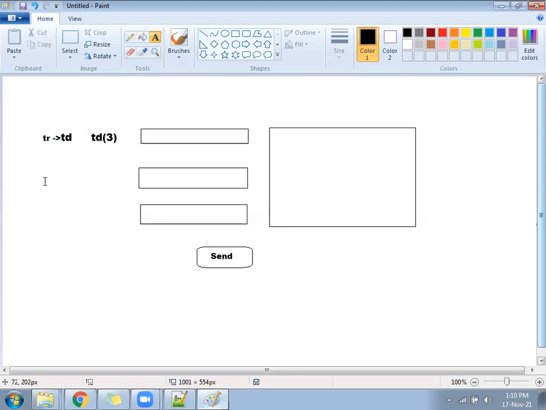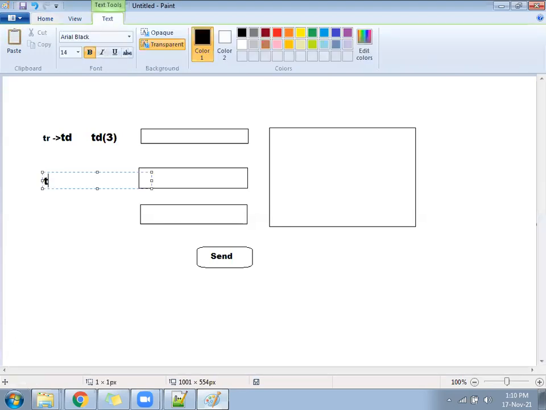Now coming to the second TR. In the second TR, how many TD? Only one TD, because the space of the second TD is already occupied by whom? First TR, second TD. In the first TR, there is a second TD that has rowspan as 3.